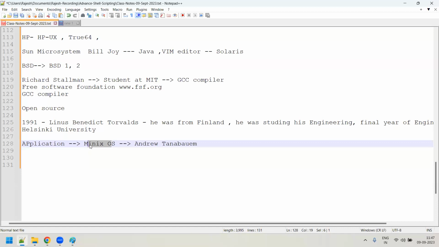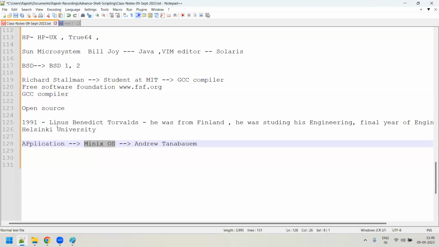So what did Linus Torvalds do? He wrote an application and was working on it. He found a lot of limitations, and later he tried to debug and concluded that there was some issue with the operating system itself. He thought that if the Unix operating system code was given to him, he could debug and fix the issue.